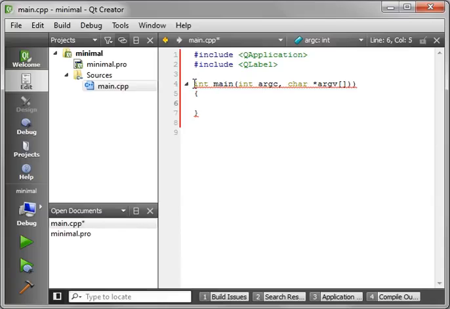This is our main function, which you should know from C++ programming. Int argc, this is the number of arguments, and char pointer to an array of characters. Basically, that is the individual argument pointers. And alright, let's go Q